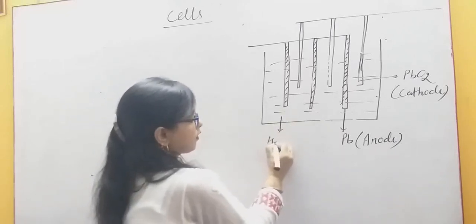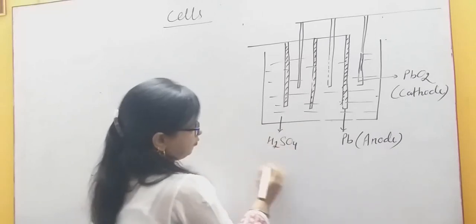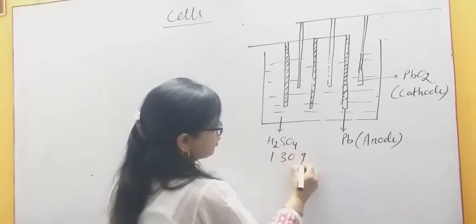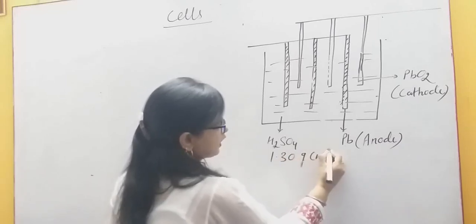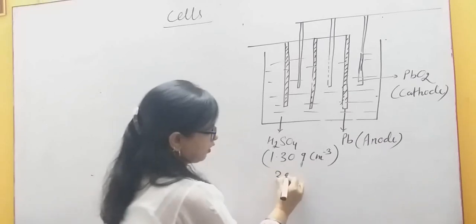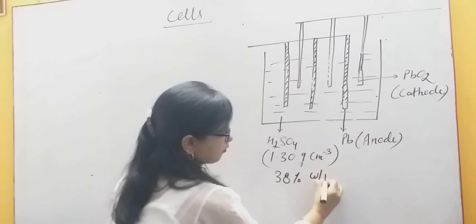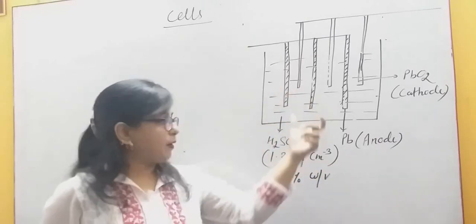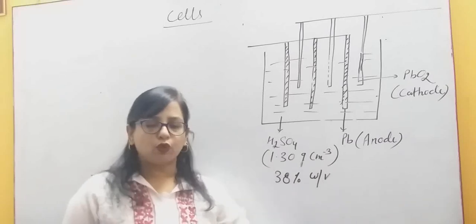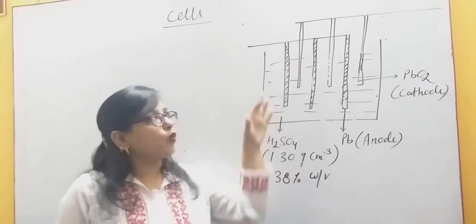H2SO4, its density is 1.30 grams per centimeter cube, and it is 38% weight by volume solution. Whenever its density is reduced from 1.30 to 1.20 grams per centimeter cube, then you can recharge